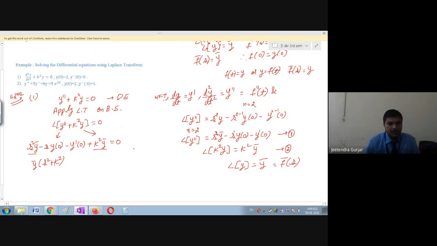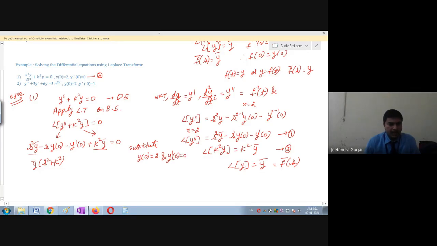Now I will substitute the initial conditions. What are the initial conditions they have given? Whenever y of 0 is there, we are going to put this as 2. I will take this as equation A. So one can see here y of 0 is equal to 2, and they have also given y dash of 0 is 0. Am I right? Yes, friends, y dash of 0 is 0. So these two conditions I will apply.